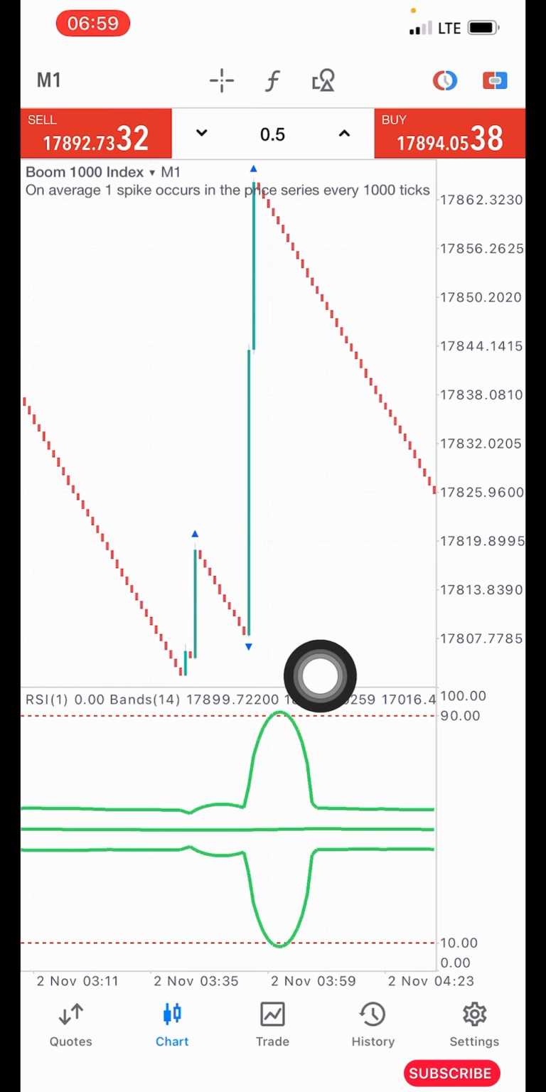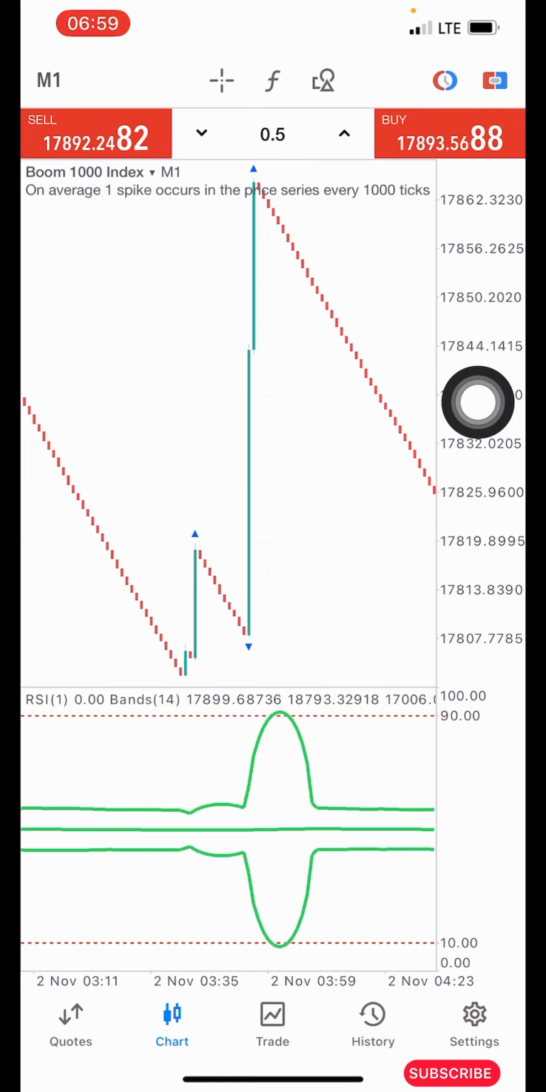Now how does this particular strategy work? This is how the strategy works. This is also a very good strategy, and you have multiple entry opportunities with this strategy. This is a very powerful strategy for scalping. Now once there is a spike in the market,